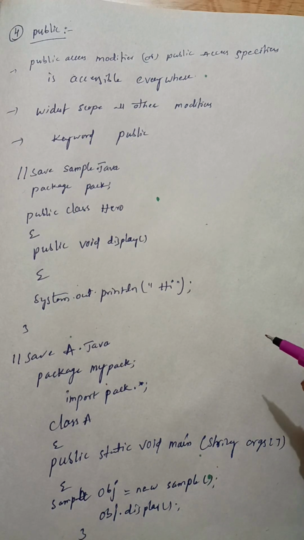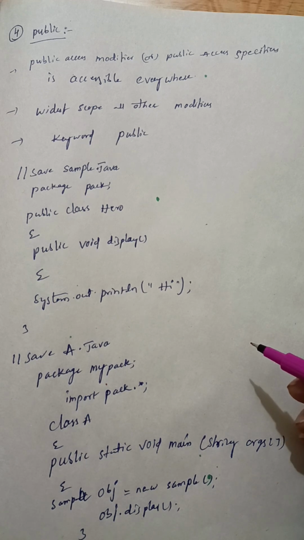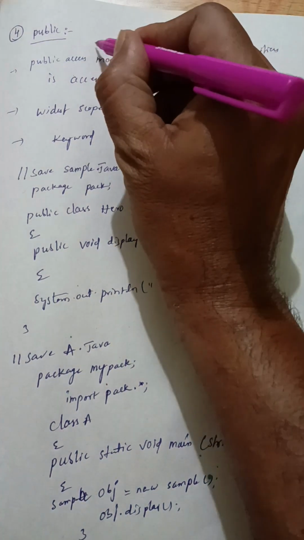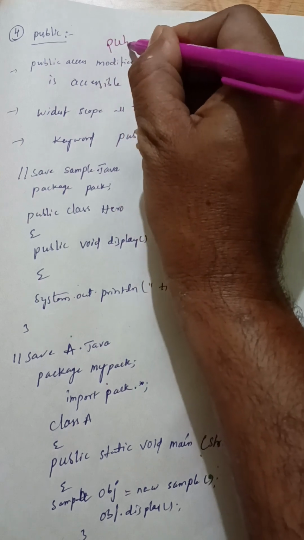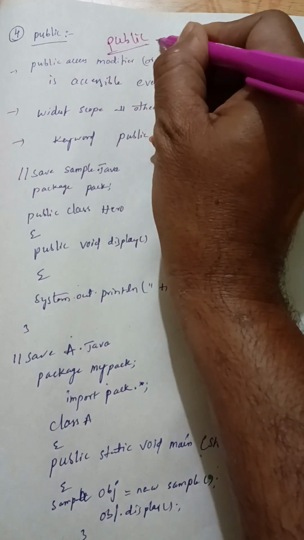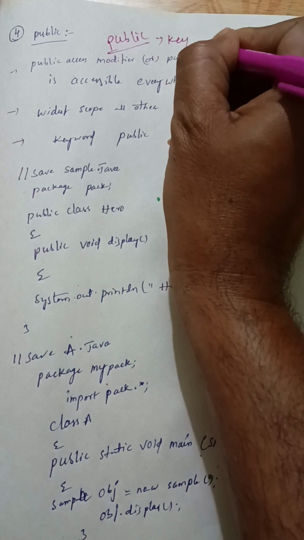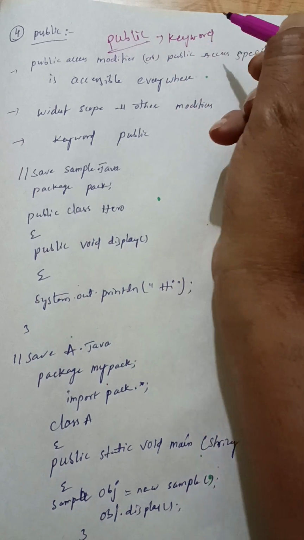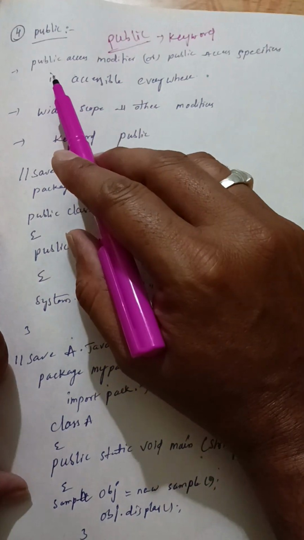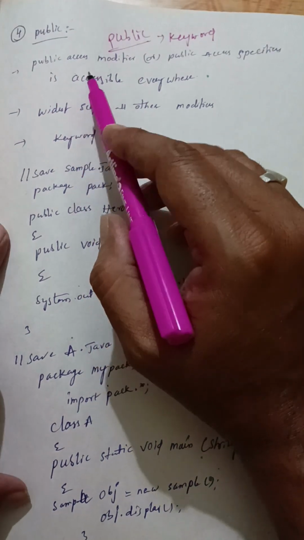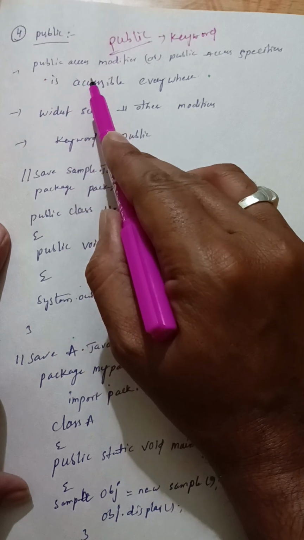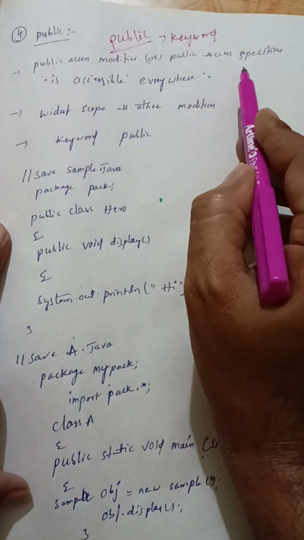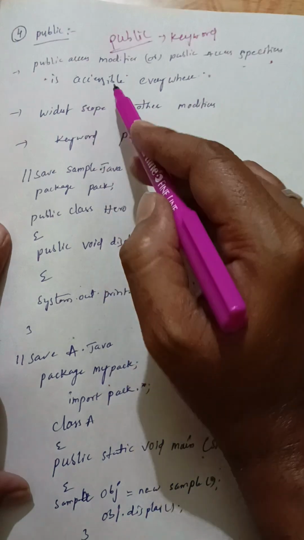The next keyword among access modifiers and access specifiers is public. We can use the keyword public. Now, what is the use of public? Public access modifiers and public access specifiers are accessible anywhere